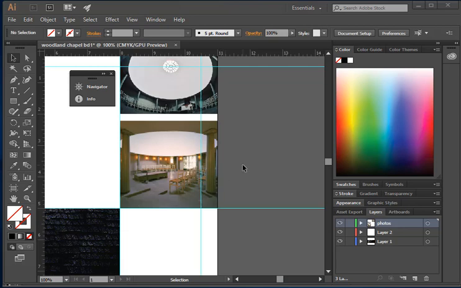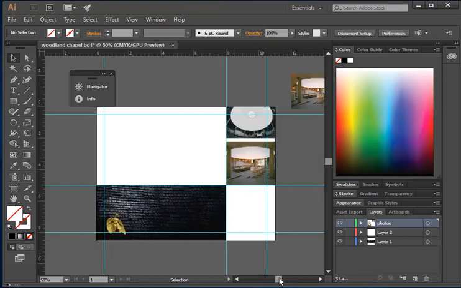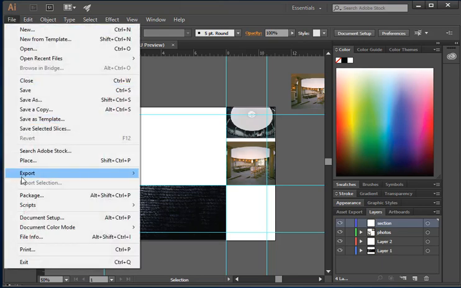Next, I'm going to insert the floor plans and sections that I created. So let me see. There it is. So I'm going to make a new layer and probably call it section, and I will select that as the current layer. And file, place